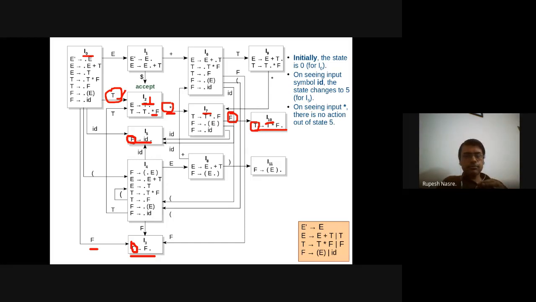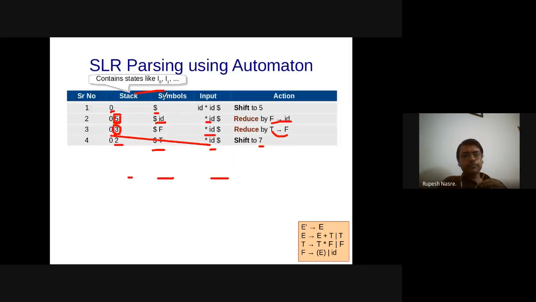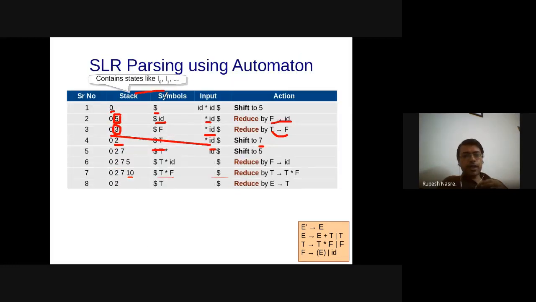Okay, so let me quickly complete that part. So we were at T star F, and that consumed all of these states 2, 7, 10, that is T star F. And therefore, I'm going to go to I0. On I0 on T, I'm going to go to state number 2, and that represents $T in the stack. At this stage, there is nothing to consume.